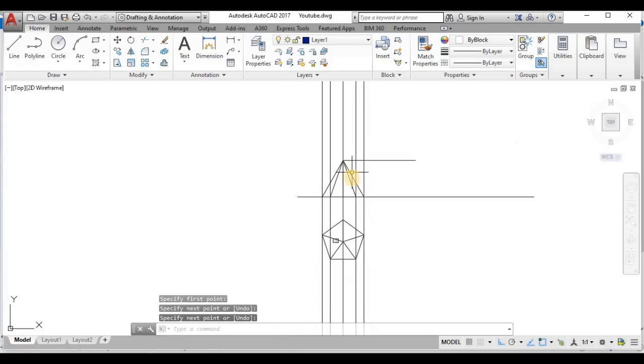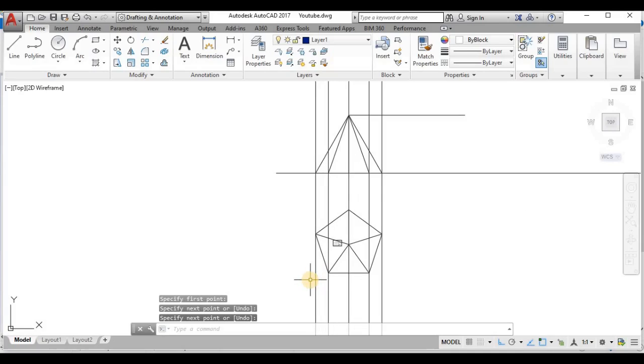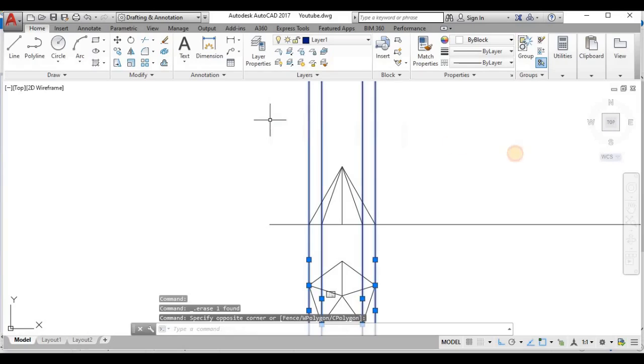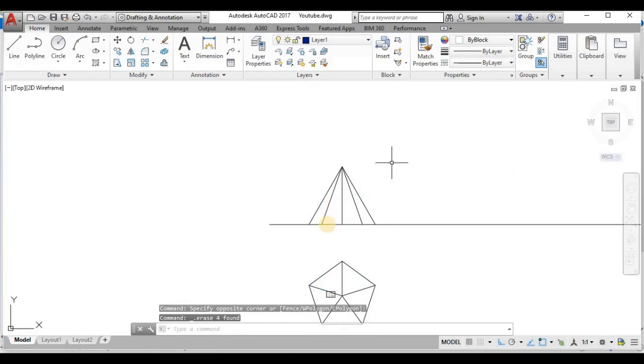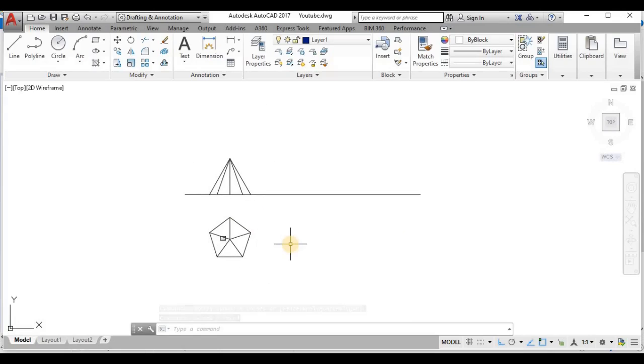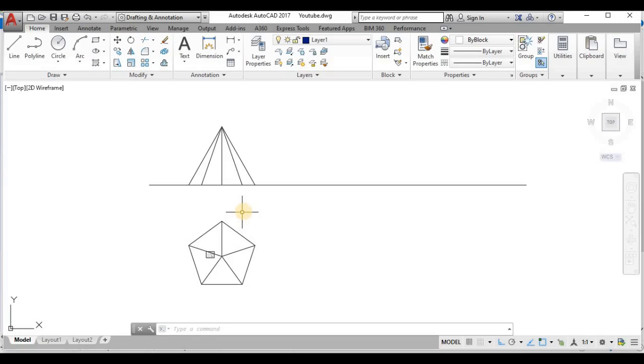So after drawing these points, you can trim it, or you can just erase these lines. The center line is not necessary, I think, so you can delete it so you can see a clear view. So I shall remove the XL lines after drawing the elevation. Okay, this is the concept we are using XL for, for drawing the elevation from the top view.